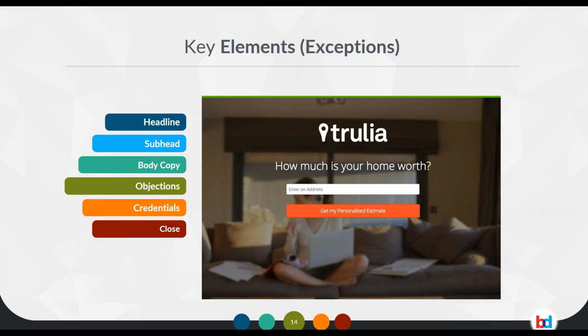Now, that said, the amount of less versus more has to be proportional to the level of sale you're asking for. I'll tell you this story. A friend of mine in another group wanted me to look at his landing page. He was trying to sell life coaching, okay? And he had a landing page that went on for miles. It just went on and on about all the benefits I'm going to get. And then when it came time to buy, it was only like $79.